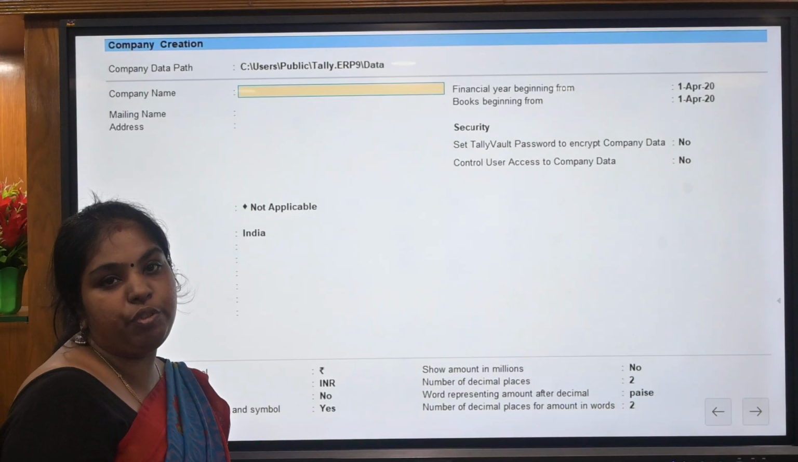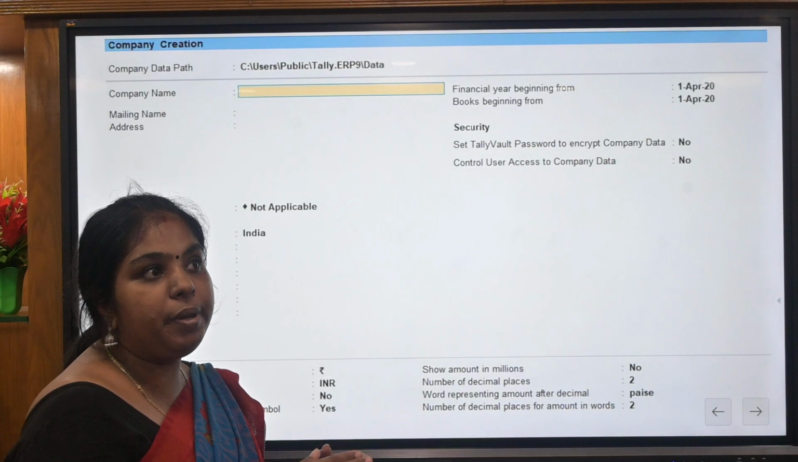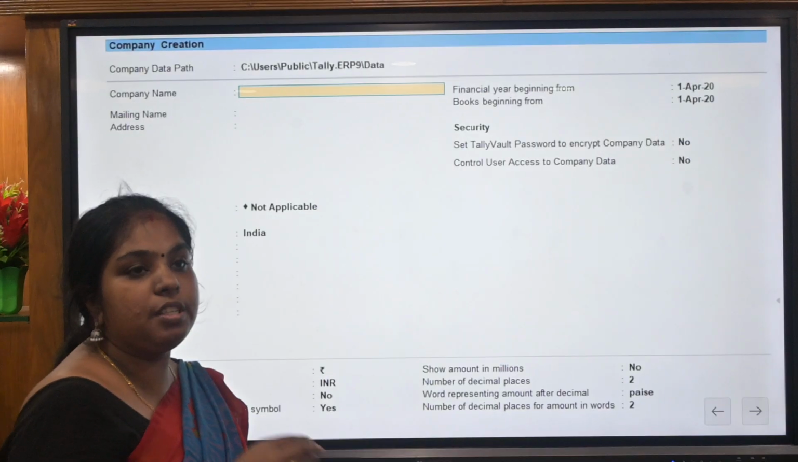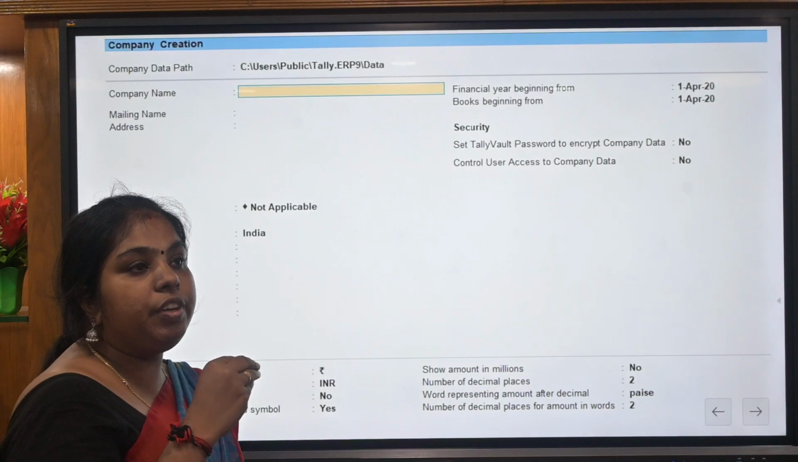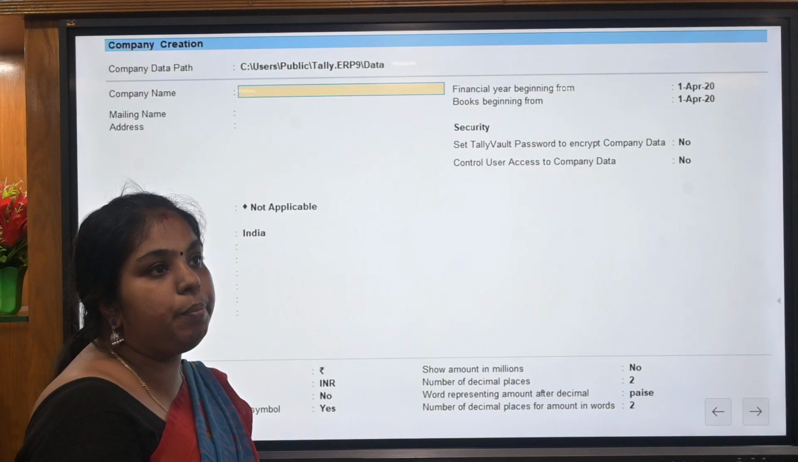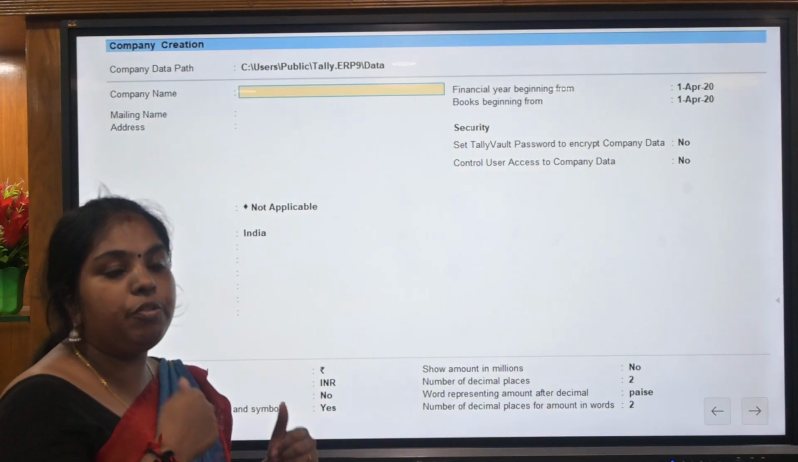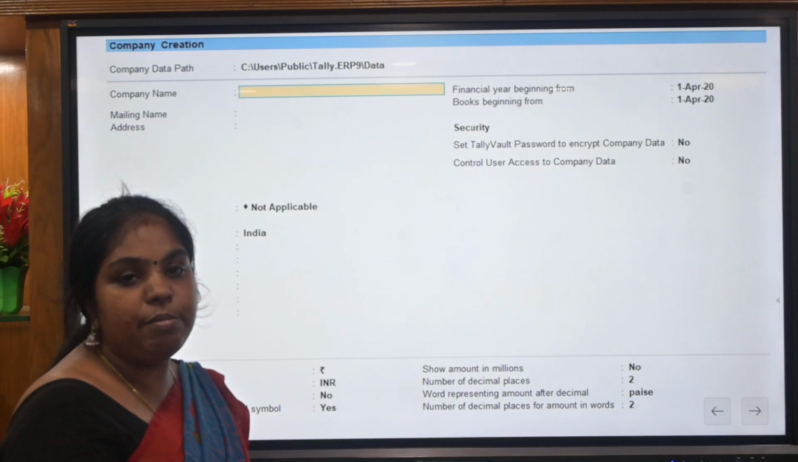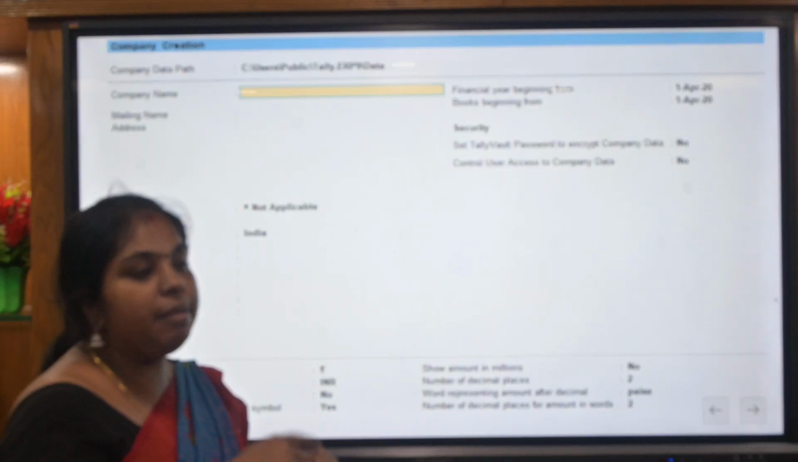We have to give the name of the company, which company we are creating. For example, in real life, we are creating a company and we have to start it in Tally Prime. That company name has to be given here. For example, if you have N Limited creating a company, then N Limited has to